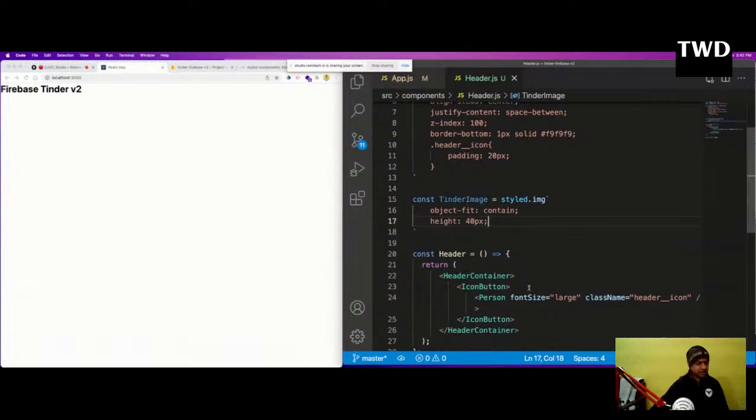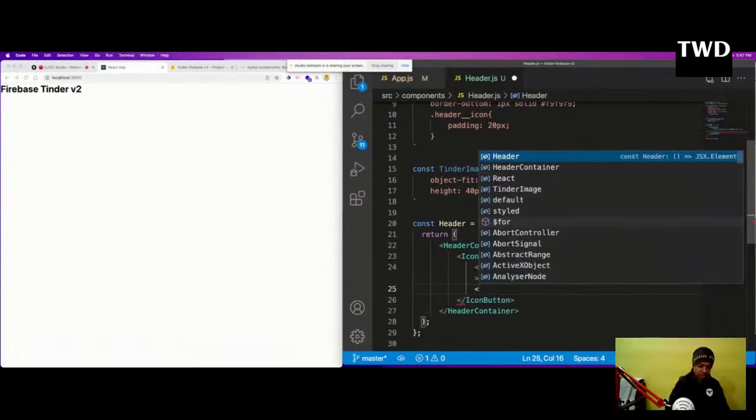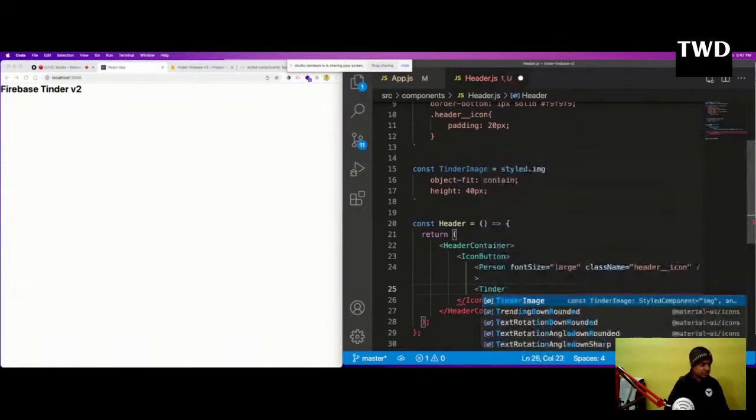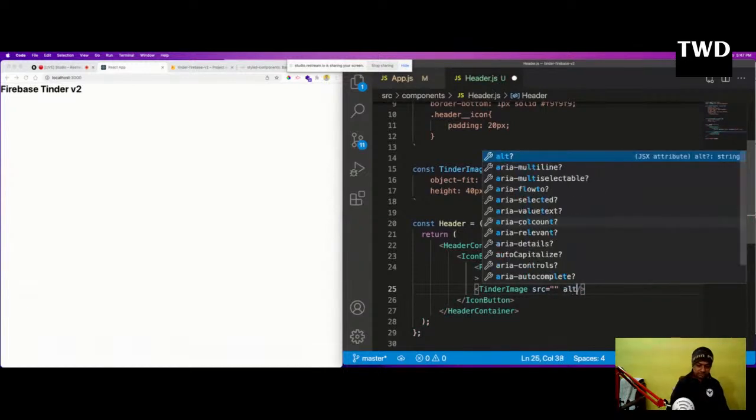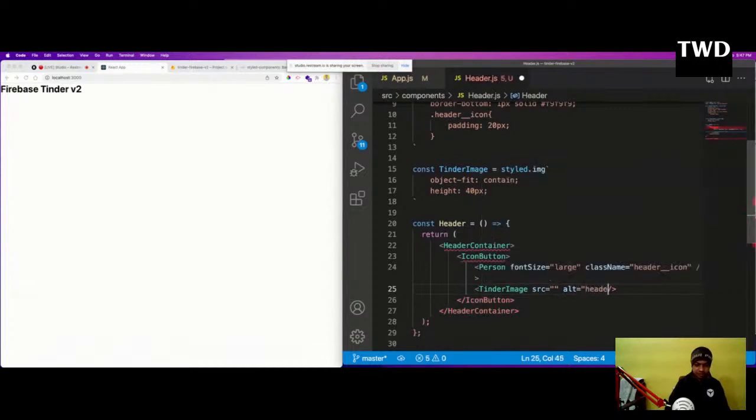Tinder image. So this is the image. This is actually an image tag, img tag. This is the img tag which I'm going to have now. So this is how styled components are used, and it is used a lot by people. Okay, Tinder image. So I think it is an image tag only. Okay, so src equal to, I have to find a Tinder image. Okay, and alt to the header,